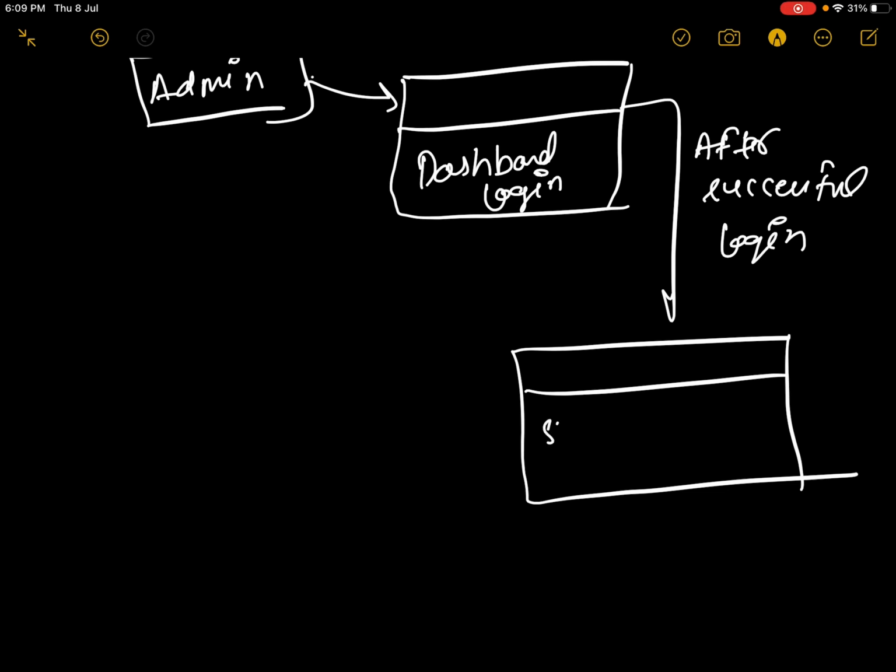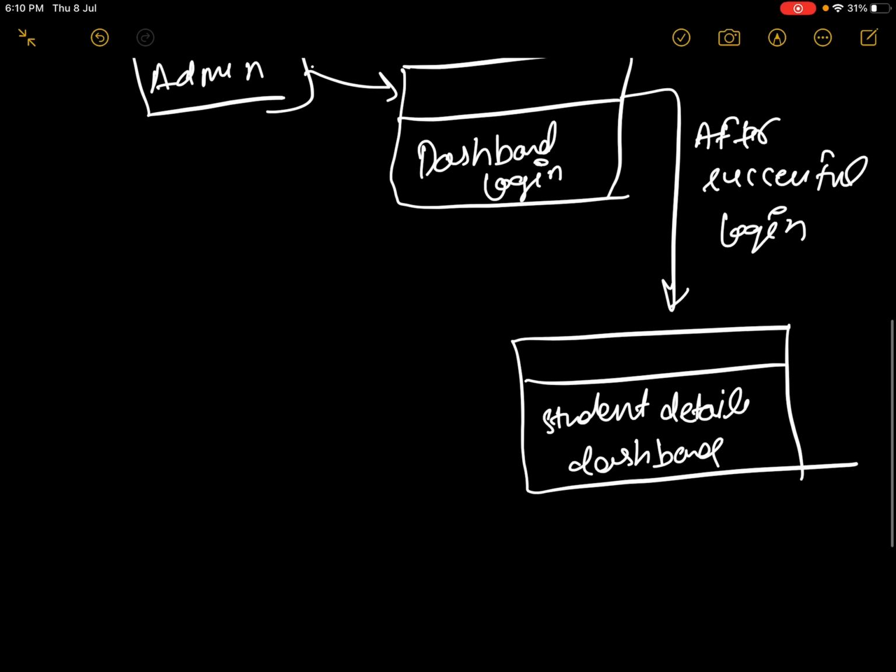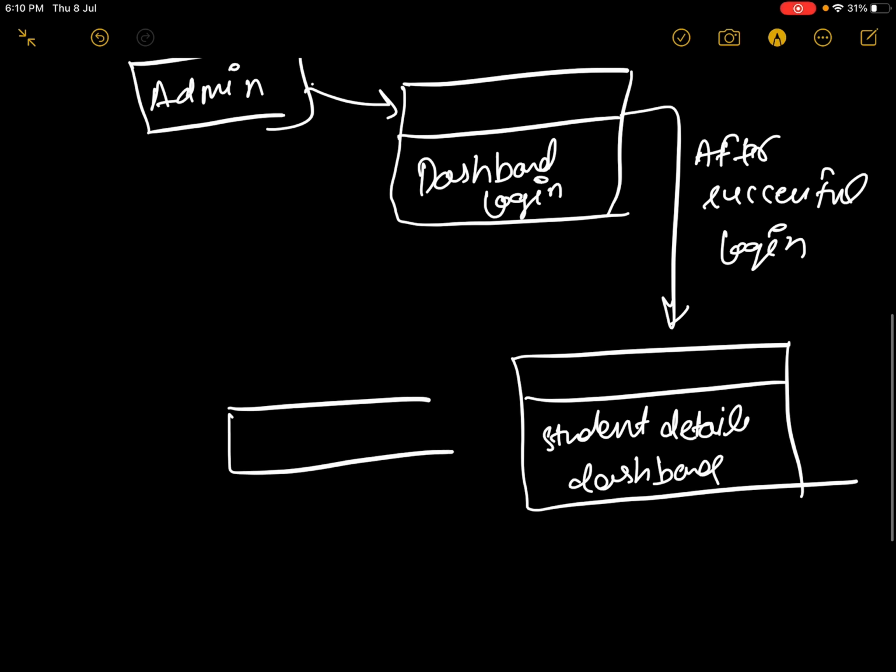Okay, student details dashboard. So what admin can do here is basically directly interact with the student table, we can say student database.